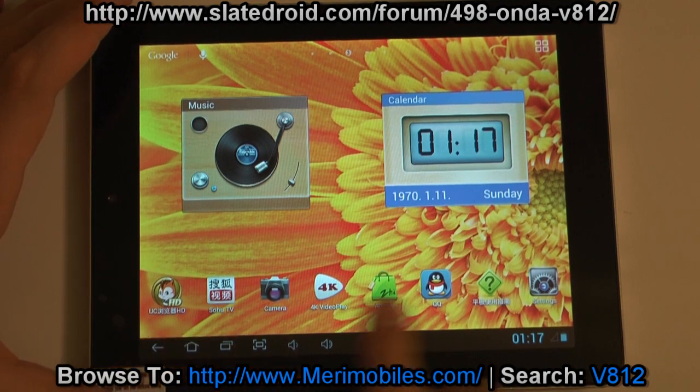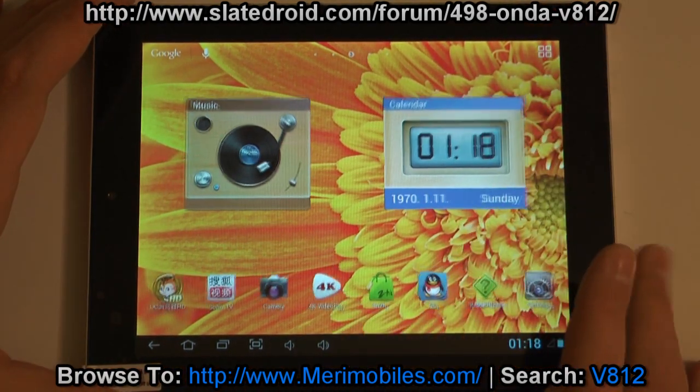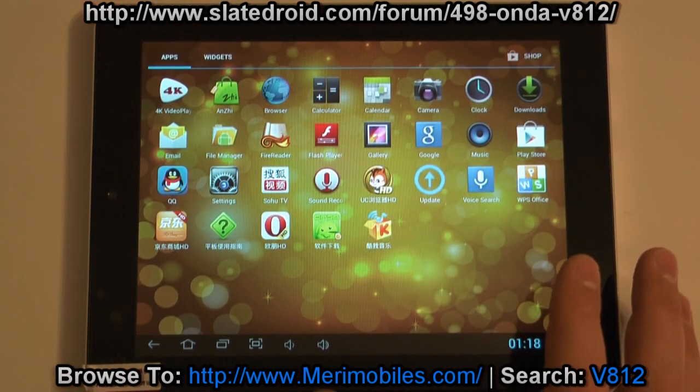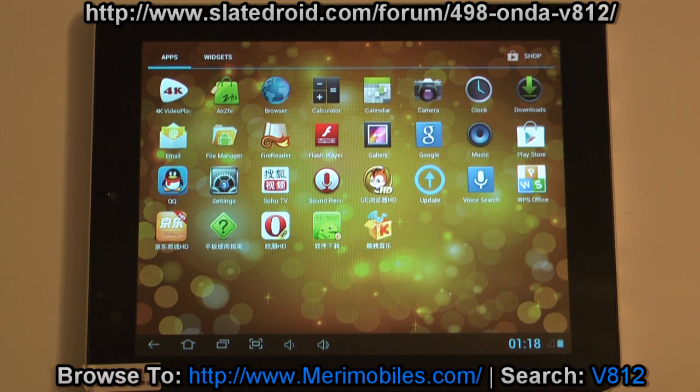Looks like you've got a lot of Chinese apps here. Initially, those can probably be disabled. And again, some specs. I didn't even give you the specs. I said this was quad-core. This is running a new processor. It's the Allwinner A31 Quad-core. And the graphics processor is the PowerVR SGX544. It's running Android